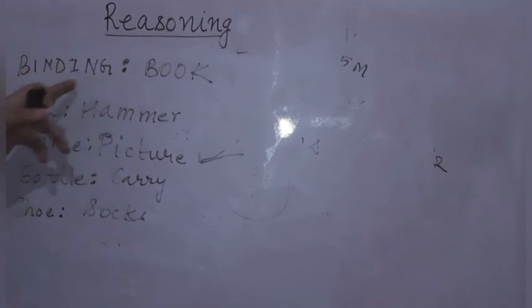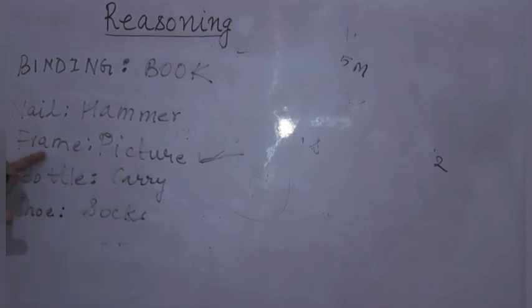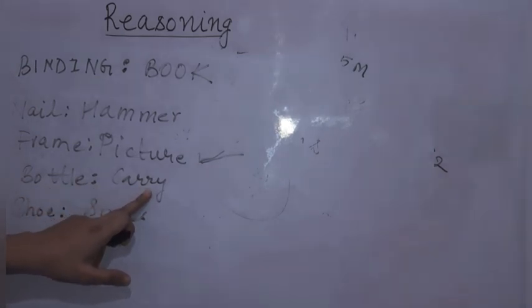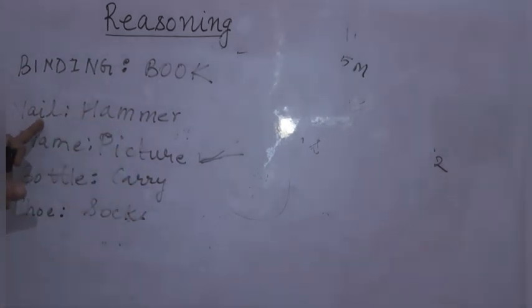Okay. Very good. So students, whosoever has commented their right answer as frame, picture, those students are 101% right. Now why are they right? We do the binding of a book. In the same way we frame the pictures. We make a collage and frame the pictures. So that is very similar to this one. If I talk about nail and hammer, they are not similar to this. If I talk about bottle, we carry the bottle, the purpose is given, and the nail is being hammered. So this is not similar to this option. So only frame and picture is the right answer.